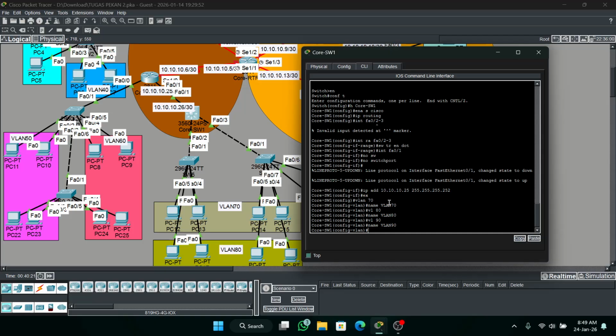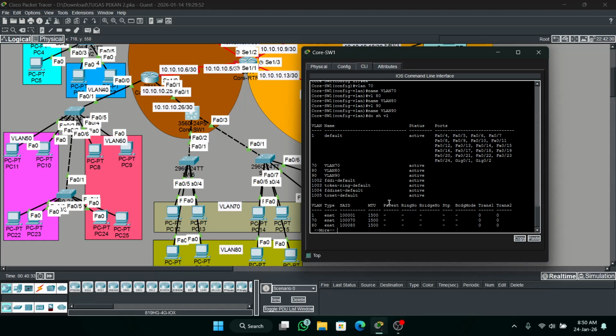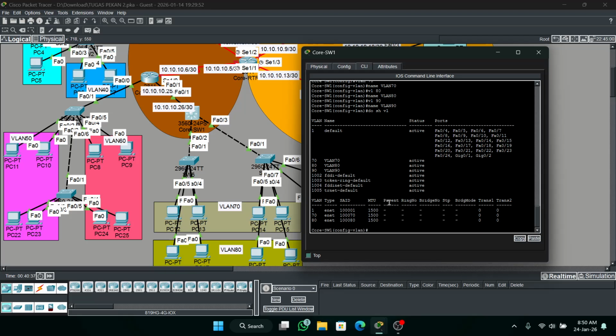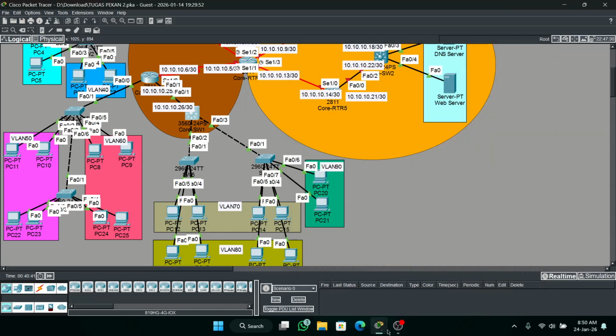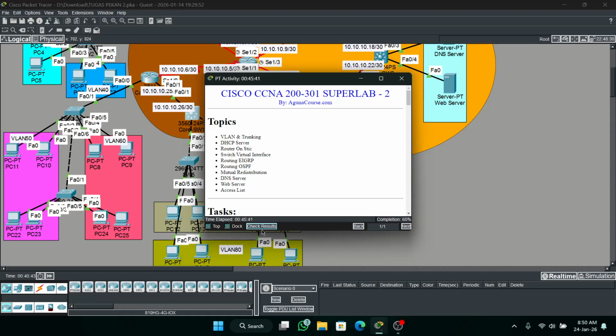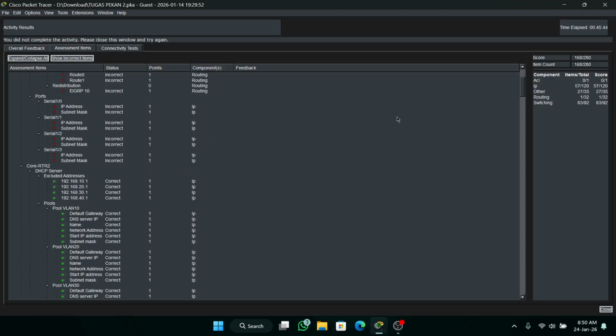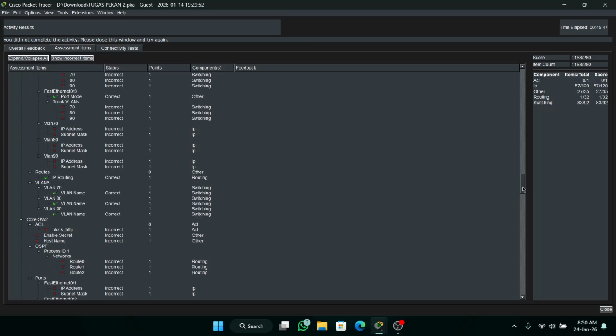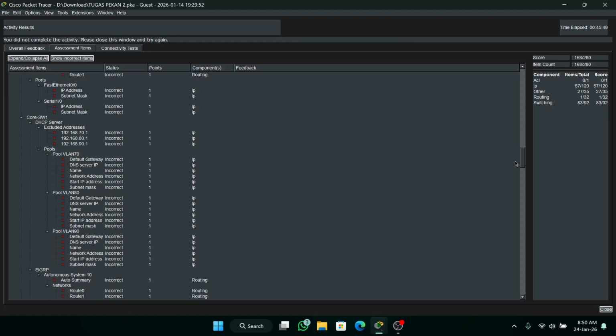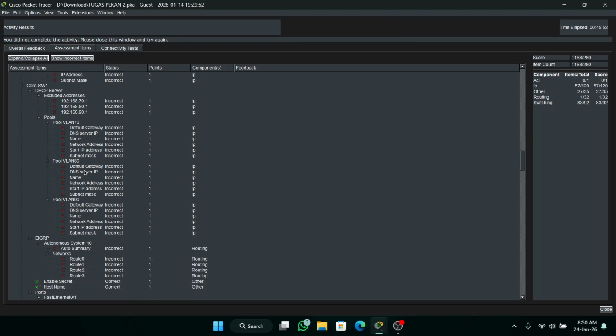Next is the DHCP, excluded addresses for 60, 70, and 80. Okay. Then the DHCP server. Check the activity. Testing is Core SW1. Okay.